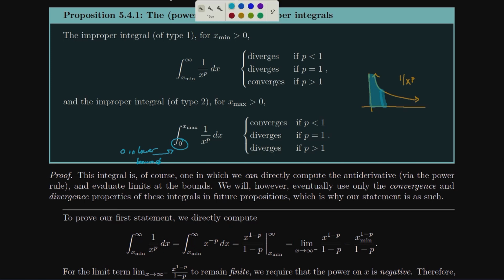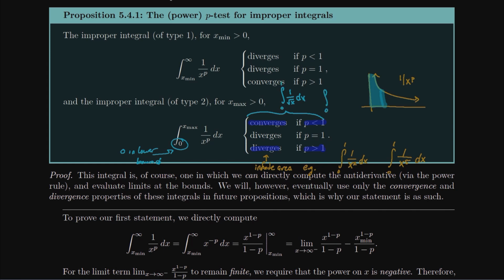When is that area infinite? It's infinite in the opposite setting. So it's going to be infinite when p is greater than 1. And so some examples of when the area is infinite would be 0 to 1 of 1 over x squared, or 0 to 1 of 1 over x to the fifth. Those are both going to be infinite area, and we'll end up with finite area, so it converges, in the opposite situations. So some of those would be 1 over the square root of x from 0 to 1, for example, or even square root of x, right? Because that would be p is negative 1/2, since it starts at the denominator, the negative pushes it back to the numerator. So both of those would be finite area, which makes a lot of sense.